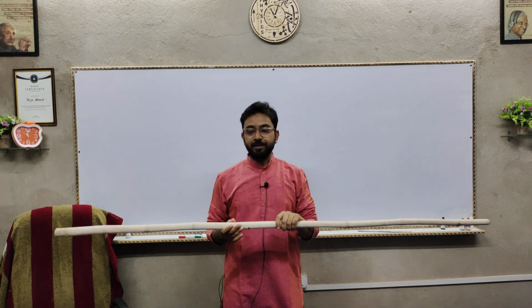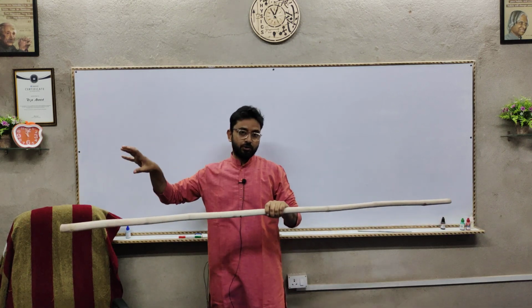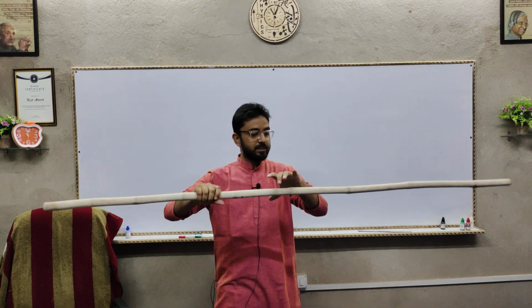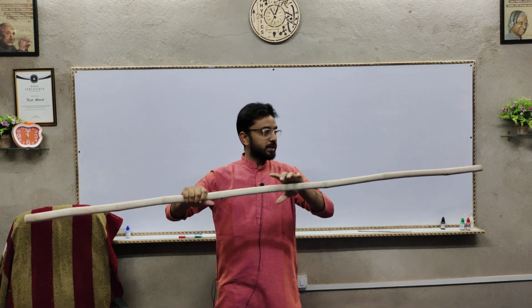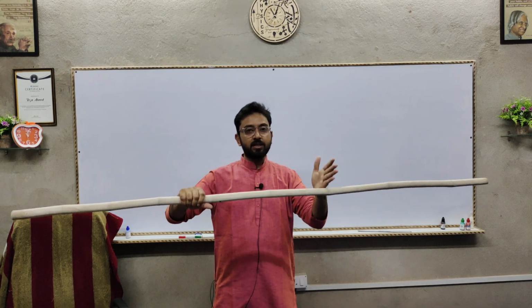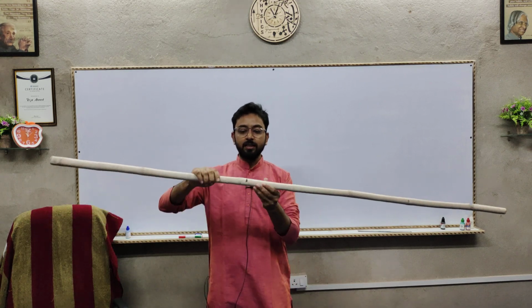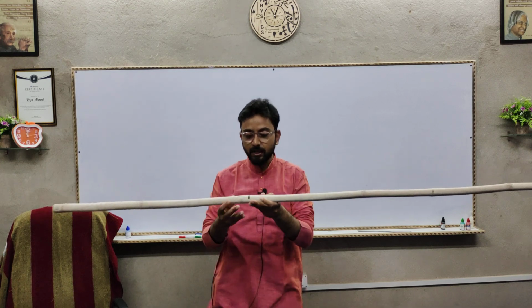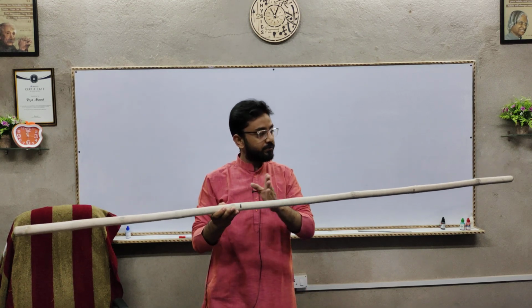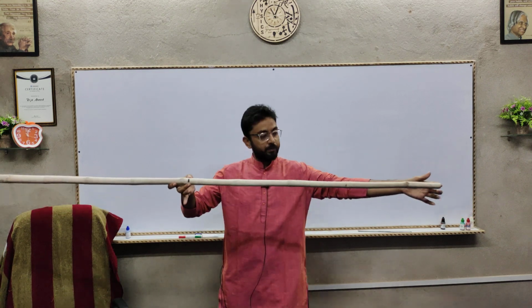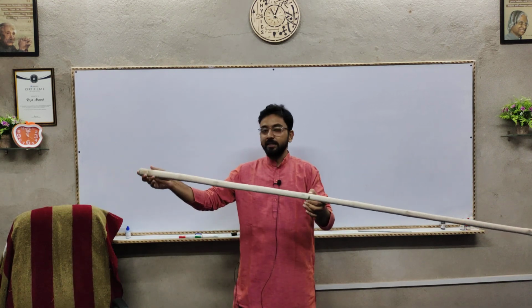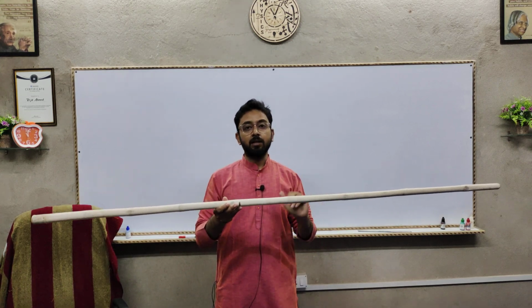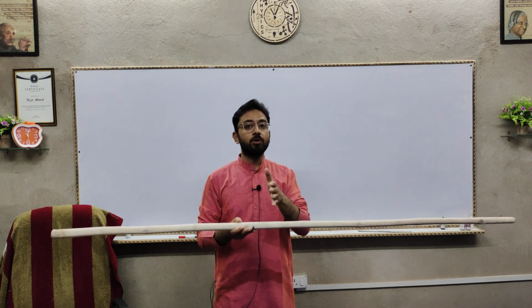Now, the center of mass always shifts towards the heavier object or heavier mass. This part is thick, so it has more mass, and this part is thin in comparison. So the center of mass will try to shift from the thinner part to the heavier part. That's why this point is closer to the thicker part and away from the thinner part. Towards the left of this point the length is more, and on the other side the length is less. It is happening because this part is heavier and this part is lighter. The center of mass always tries to shift towards the heavier object.